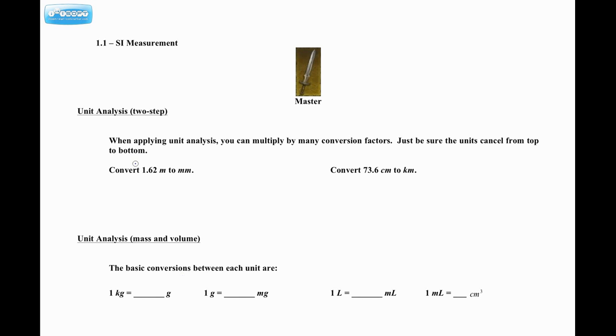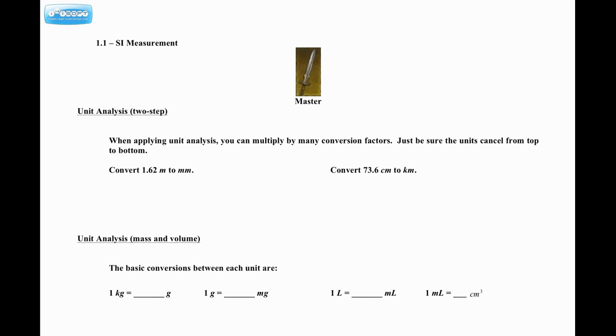So when applying unit analysis, you can multiply by many conversion factors, which is what I just said. Just be sure the units cancel from top to bottom. So this is really why unit analysis is so powerful, because it's almost a foolproof way to prevent you from making a mistake. Okay? Because if you can't cancel your units properly, you know automatically you must have made an